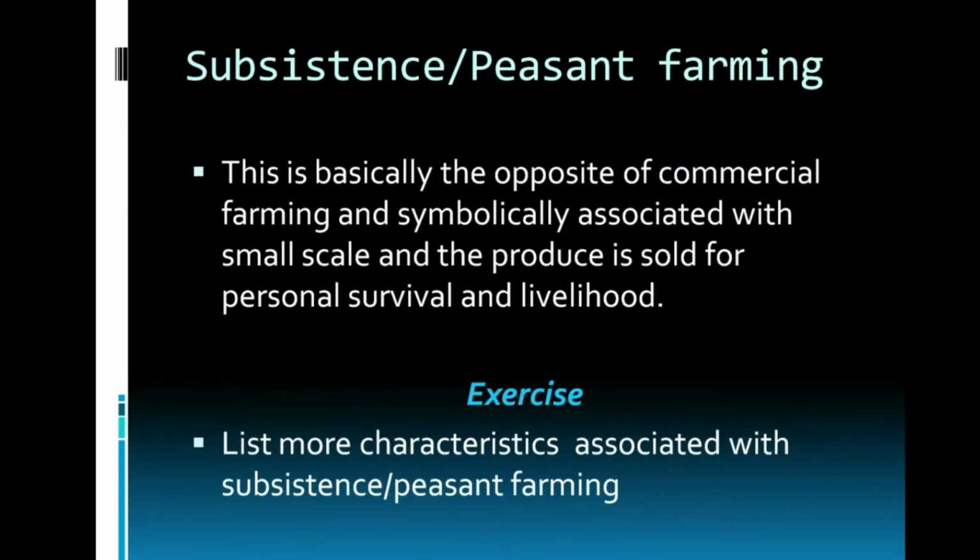Now, what are the characteristics associated with peasant farming or subsistence farming or generally small scale farming? First and foremost, as the name suggests, small parcels of land are utilized for cultivation or rearing of animals. And most of the time, sometimes these lands may be squatting areas or they may simply be owned by the farmer. All right, and obviously it would in fact be associated with a small geographical space.